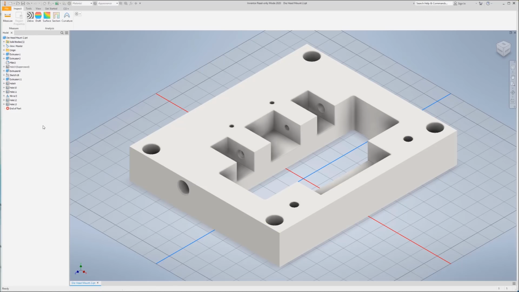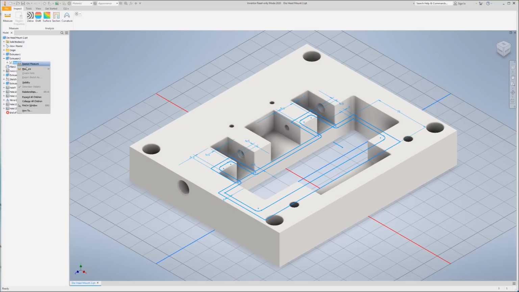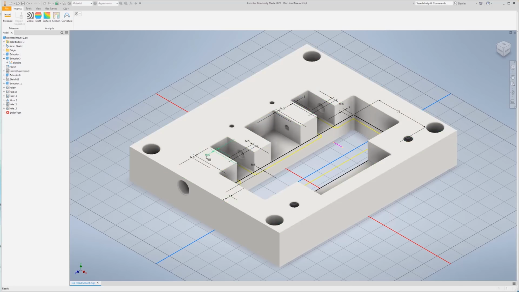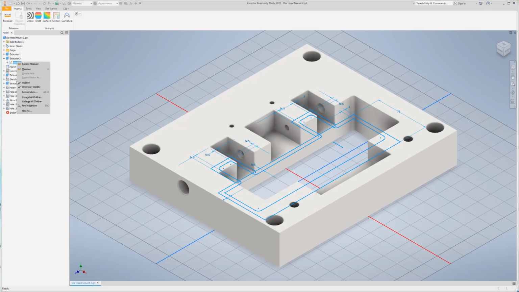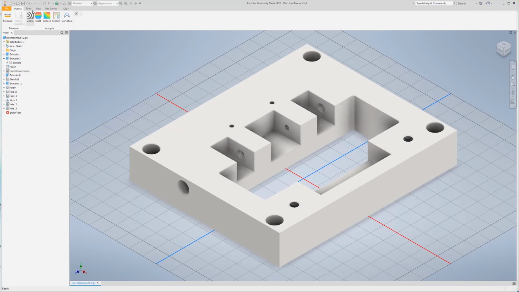So this is a very good option if you don't actually have the license for Inventor, but you want to view the parameters of a file. For example, here you can see we've got various sketches that are available to us. If I come underneath here, this sketch here, for example, if I right click here, make it visible, you can see that the parameters of the sketch are all available in here. So the interrogation of the model, the visibility, and also we can extract certain information. It's all very useful if you're working with a client and they just installed the read-only version,